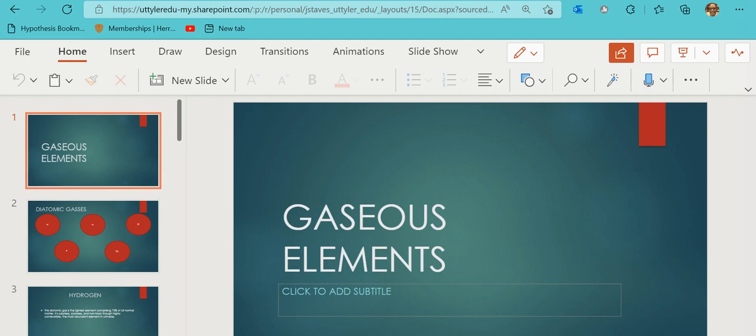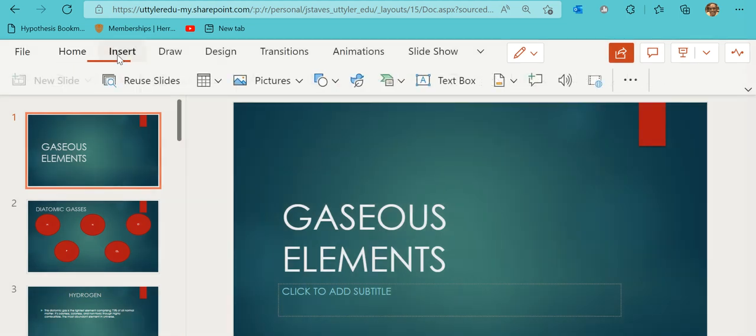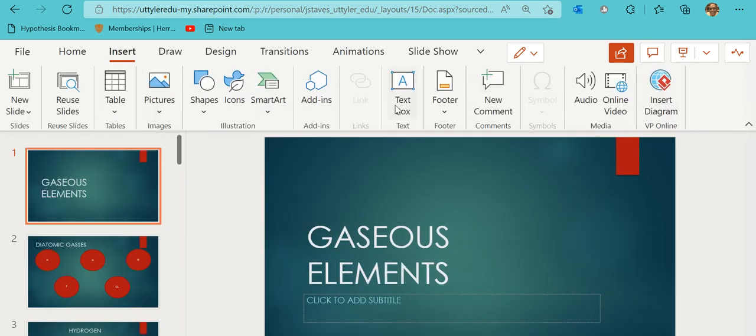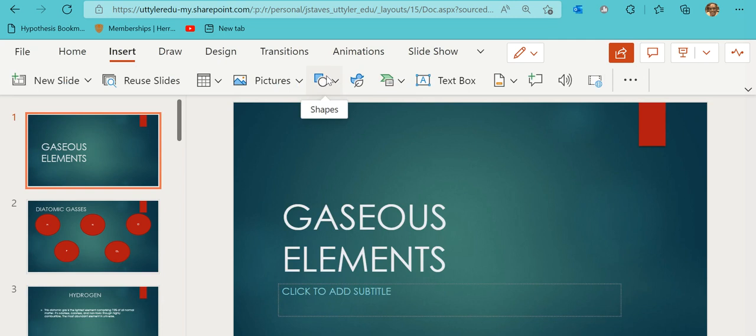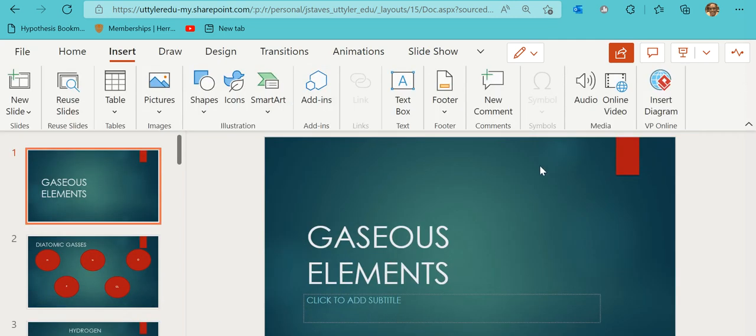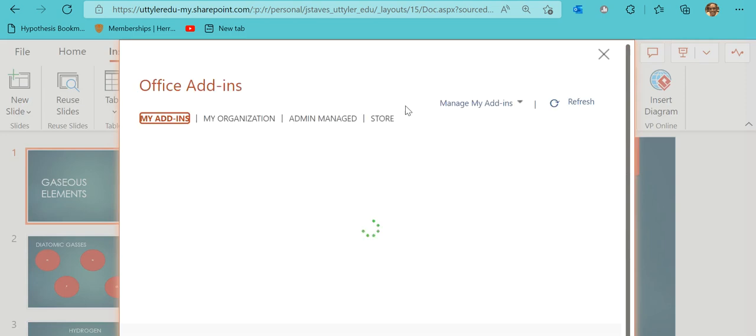So I'm in the cloud, and I'm going to go to Insert, and I'm going to expand the menu so I can see a little bit better. I want to see the descriptions. And I'm going to go to the add-ins option right here. So if I click on add-ins,